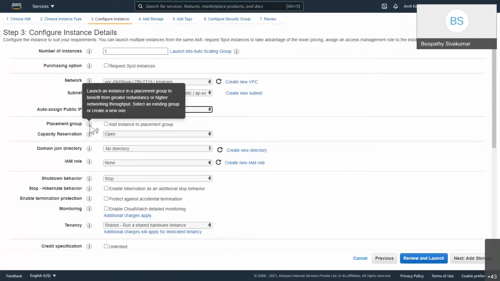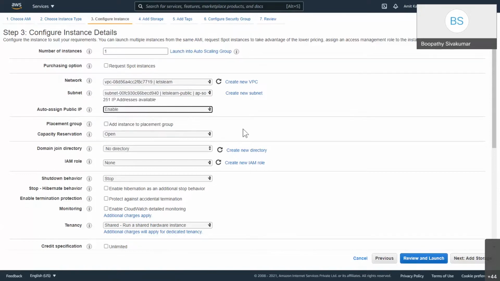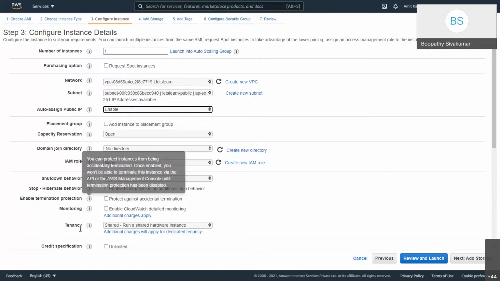These are all cost-involved things, and for now we don't need to deep dive into them. The IAM role is the one we will use regularly, but for now I'm not touching that. In upcoming classes, we will let you know what an IAM role is and how to use it with the EC2 instance. The rest of the things you can leave as they are.